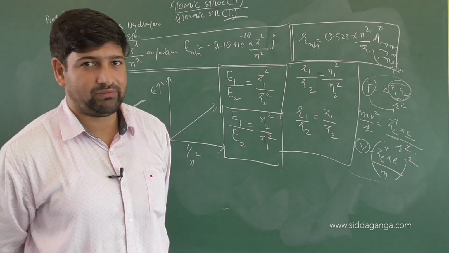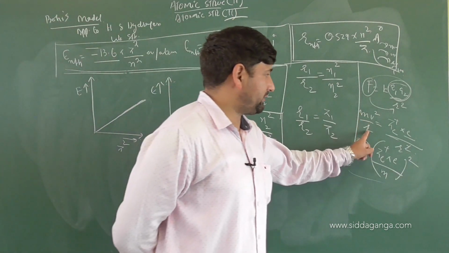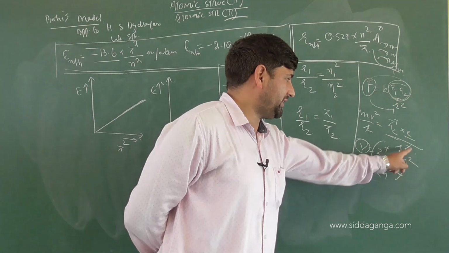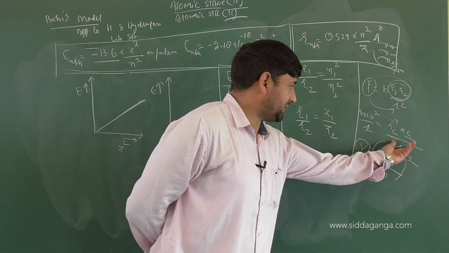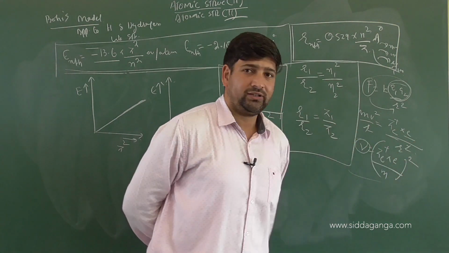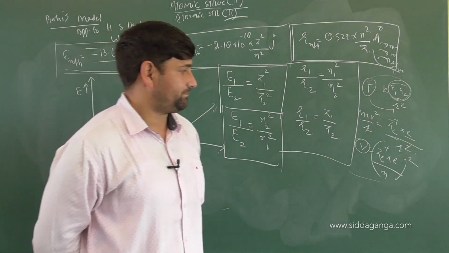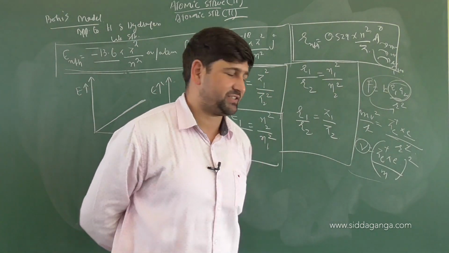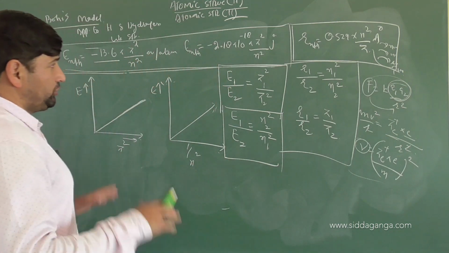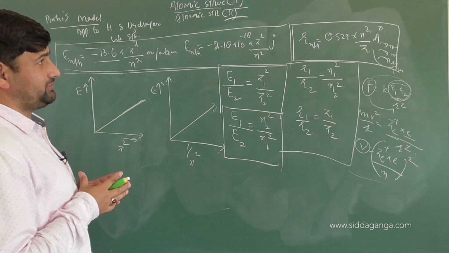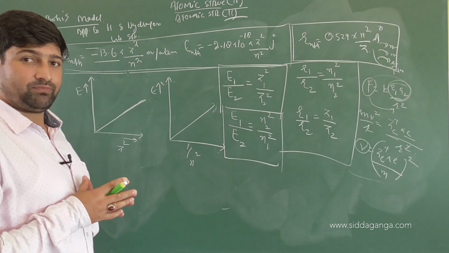Am I clear to everyone here? So, it is mv square by R, this is Ze into e by R square value. This is electrostatic force, that is centripetal, and this is angular momentum or centrifugal force that is working. Am I clear with this thought here? Excellent. So, did you understand the equations, how to find out the energies of different shells? Right?